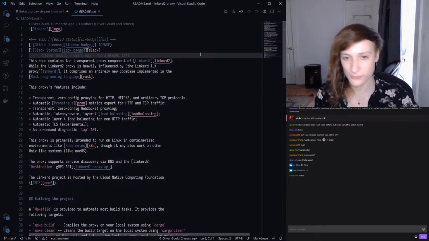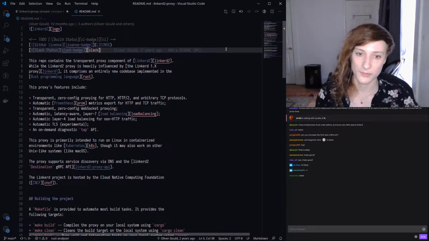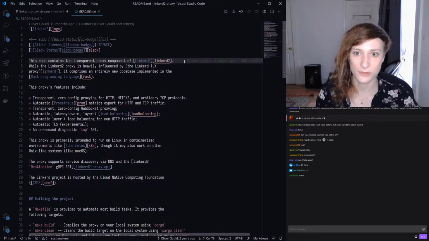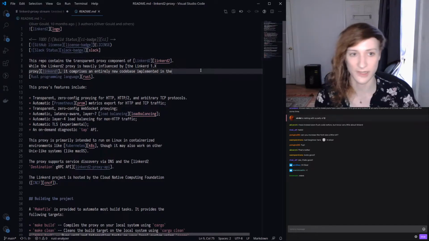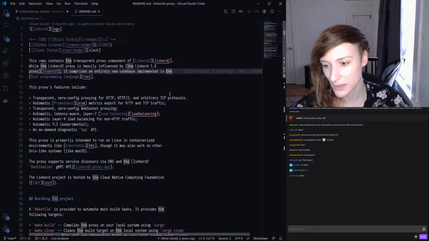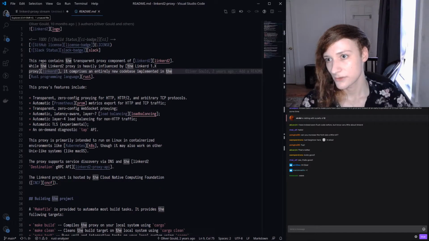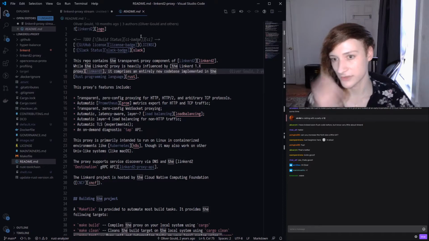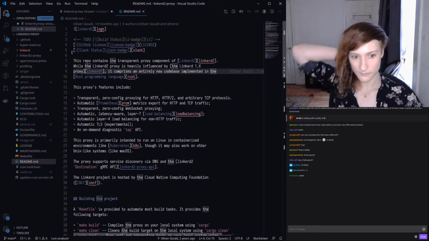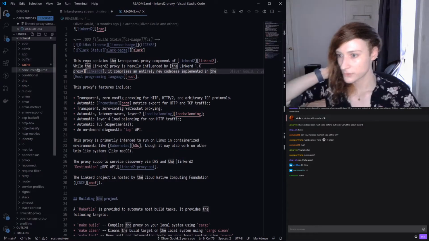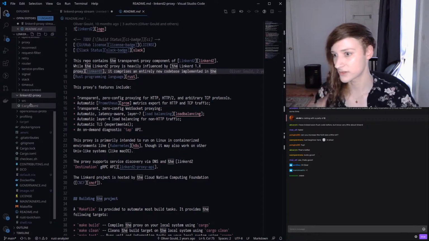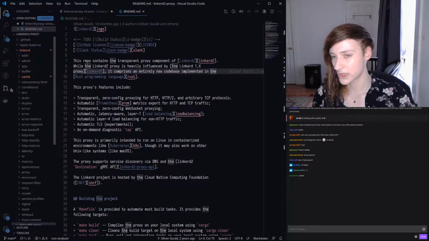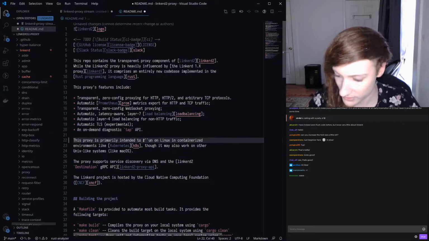So the proxy is written in Rust. It uses asynchronous I/O and is implemented using Tokio and Tower, which are major Rust libraries that we'll take a look at. And so let's talk a little bit about the proxy organization. So we're going to take a look here. Why don't we start by looking at the entire proxy repo.